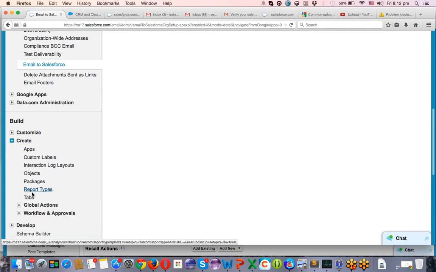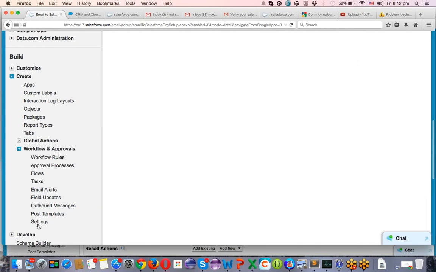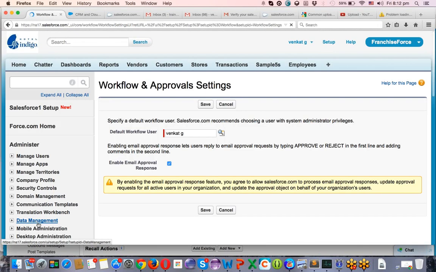Let's go to approval process and settings. Finally, I'm trying to do one small option. Enable email response. Obviously this one.